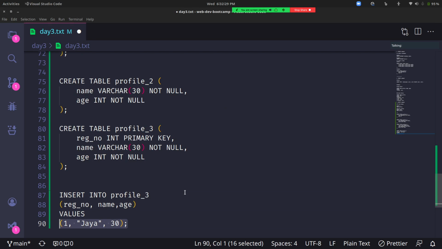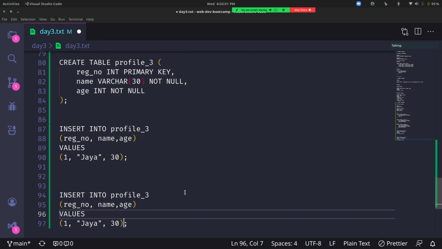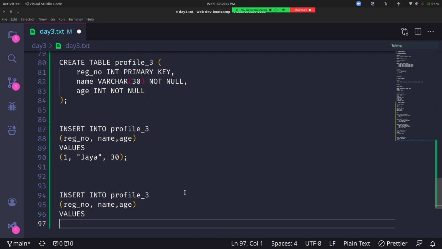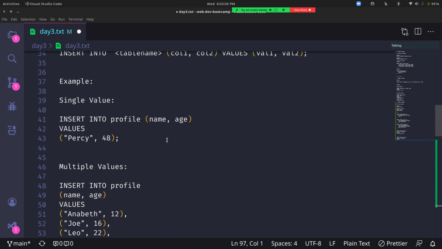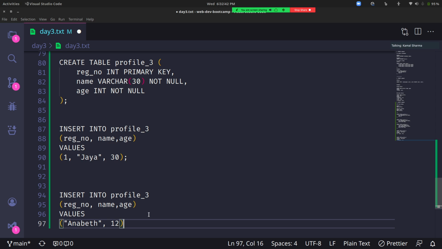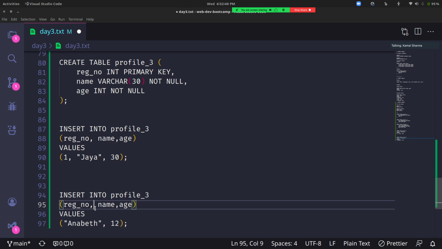Let's try to copy this and insert it without the registration number column.